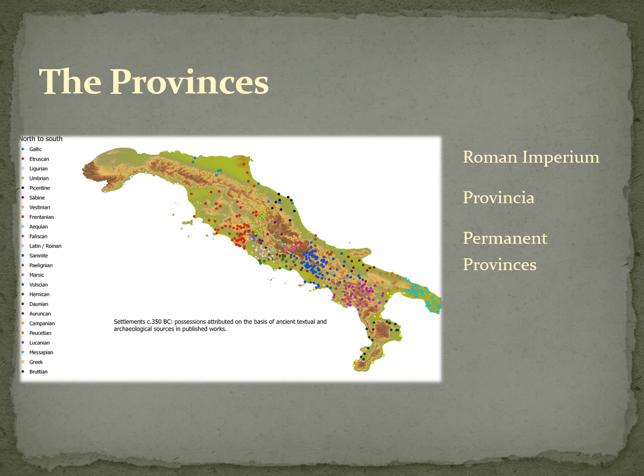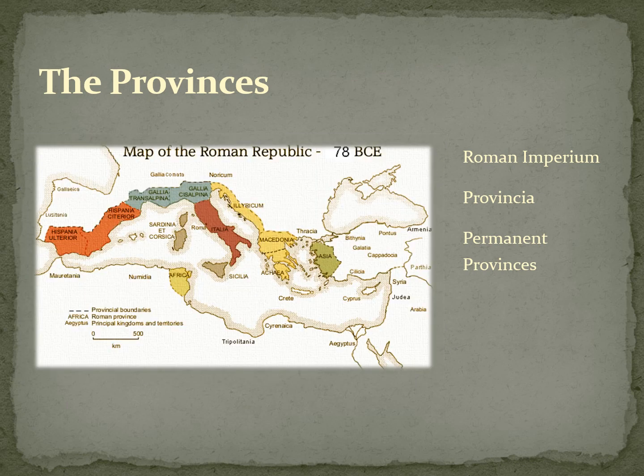And that worked in Italy pretty well because, well, Italy is not that big. And so it was easy for Rome to keep an eye on its allies. But now the Roman Empire extended over 3 different continents. It was thousands of miles long now. And it became very, very difficult to supervise places that were far away and would take months to get to.